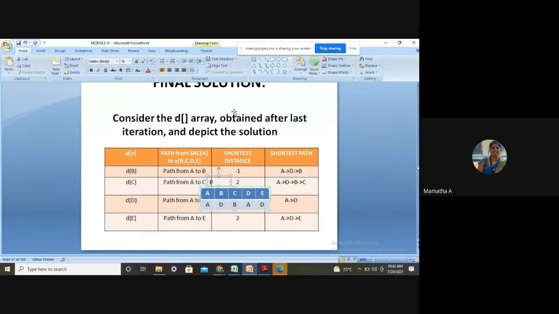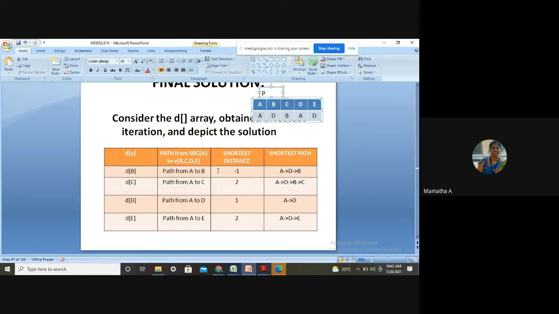Okay, I'll just paste only the path array. Yes. Can you just identify how to print the path from A to B? Any idea? How do we print? Looking at this. One way is, we all know, either I have to print from source to destination or destination to source, either in the forward way or in the backwards way. Check whether you can print it the forward way.